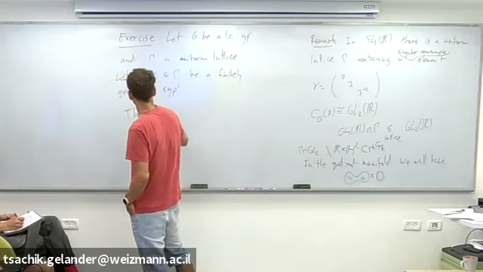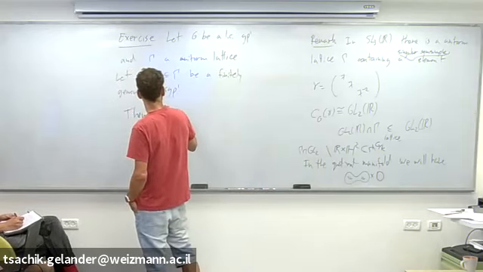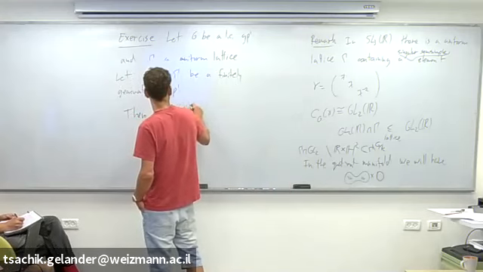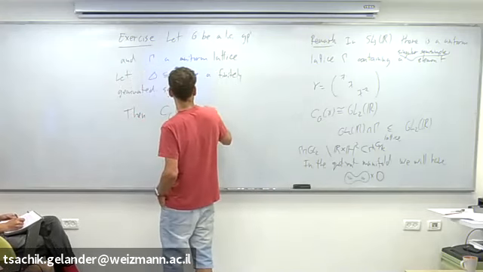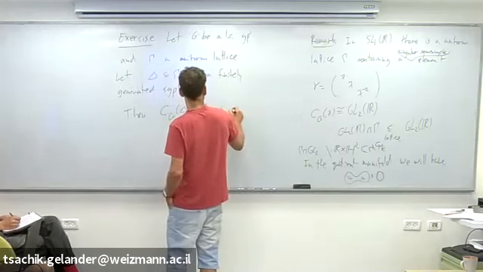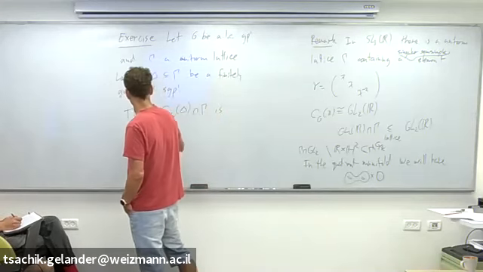Then the centralizer in G of delta intersected with gamma is a uniform lattice